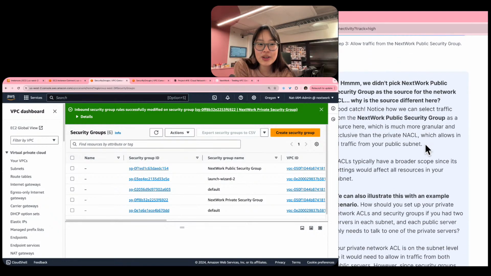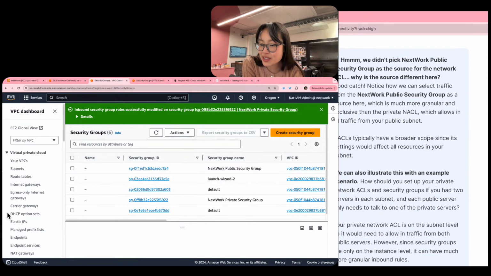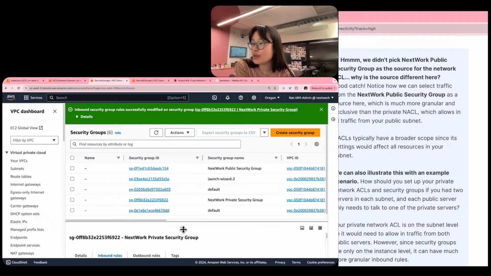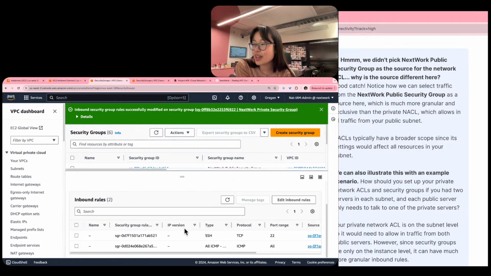Cool. So now we get to talk about the question that GVK mentioned in the chat as well. GVK previously mentioned, your private server should only allow traffic from the web server security group, and we've done that. So GVK, we've answered your question. We have at the security group level only allowed in traffic that's coming from the web server or